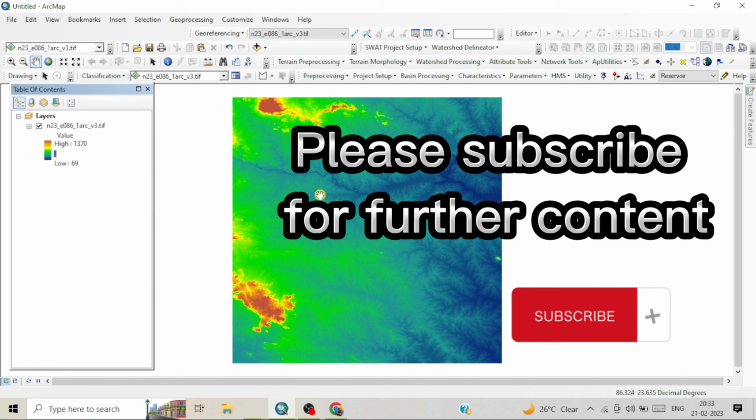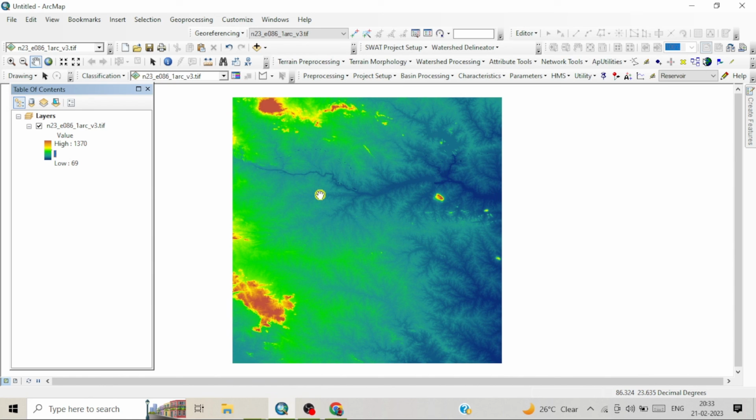To know more about digital elevation model, how to interpret it,